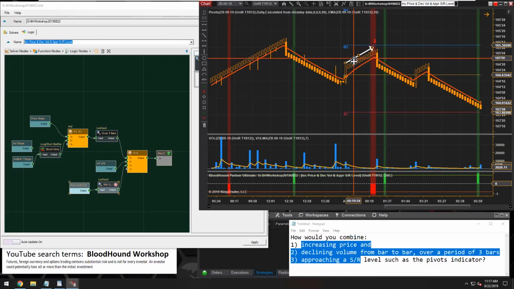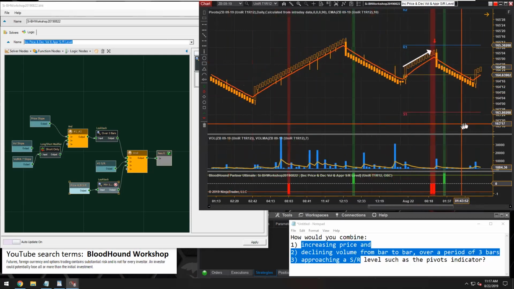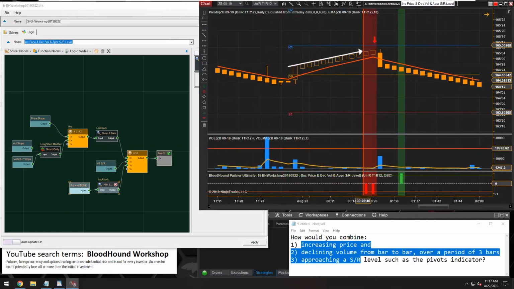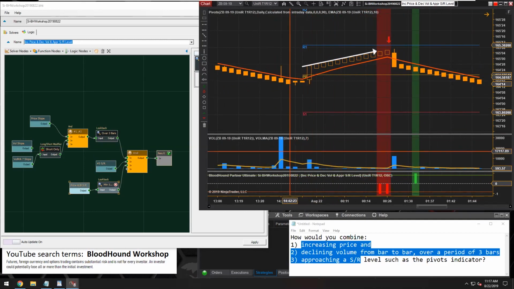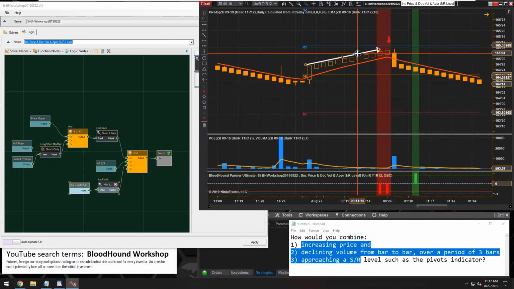So as price is moving up towards R1, when price gets close enough, we'll get that short signal saying that there could be a potential bounce. Here, let's stretch this chart out a little bit, and there, we can see our volume MA is declining, price is rising, and we got within X number of ticks of R1, that support resistance level. And again,